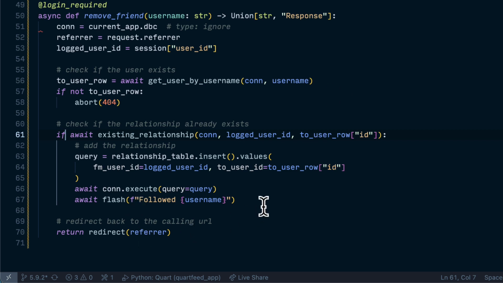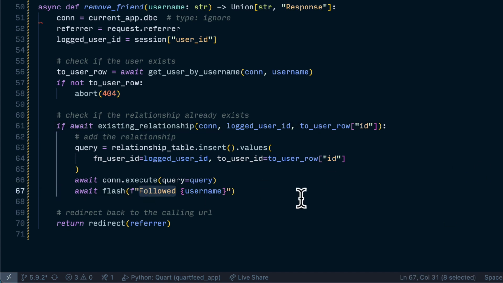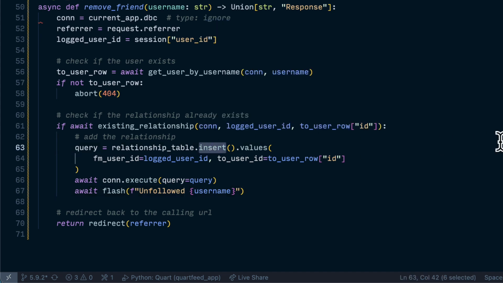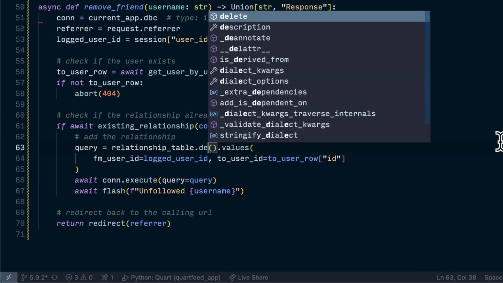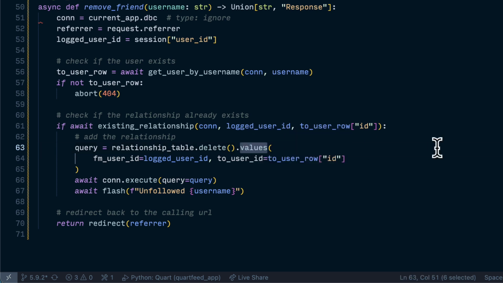Otherwise, just return back to the refer, so we don't do anything. But if they're following each other, then we can say unfollowed username, and then instead of insert, we would do delete. And then it would be delete dot where,